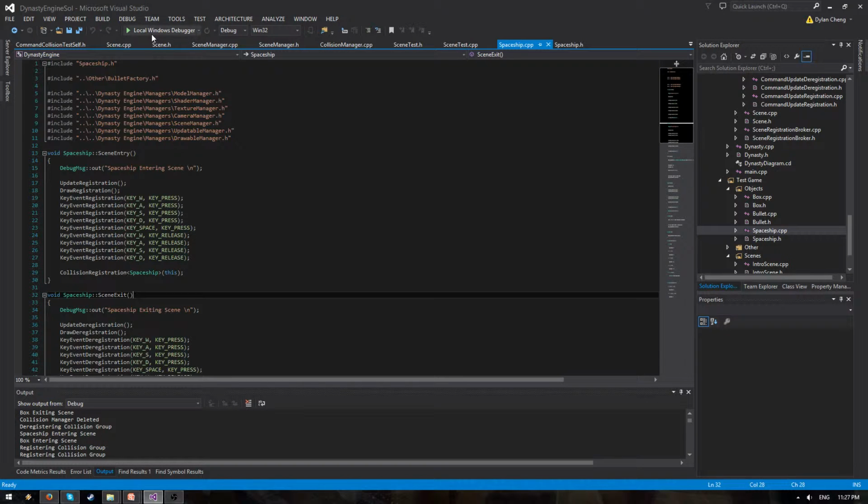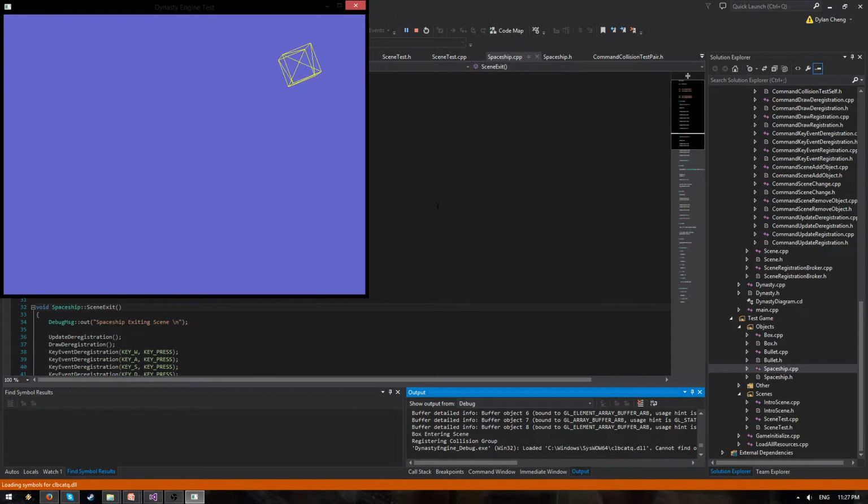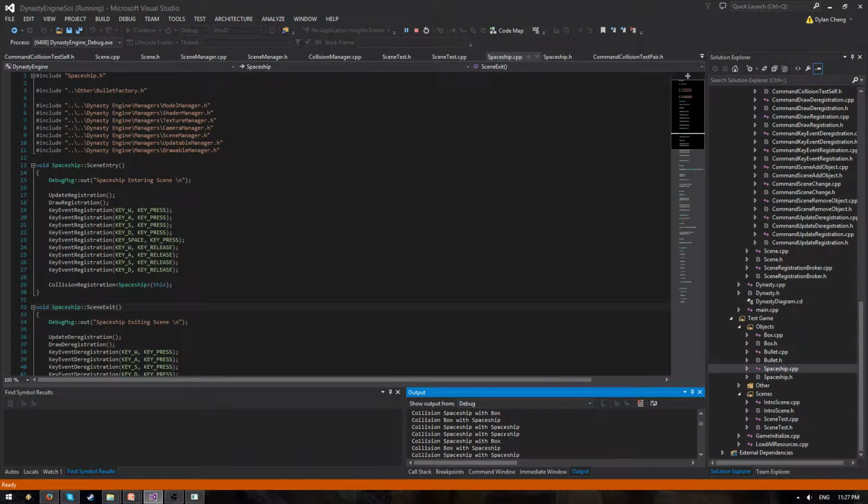And so the effect of that is, as you can see, for this opening scene, just the box is there and it registers the box to the collision group. But when we switch scenes, as you can see, there's a bunch of commands for the collisions. The spaceship collides with the spaceship twice because the collision command self is triggered twice